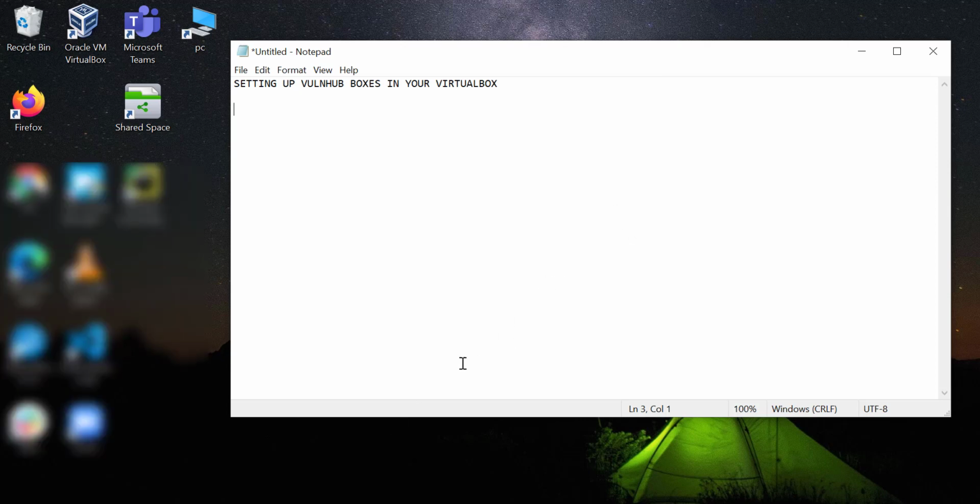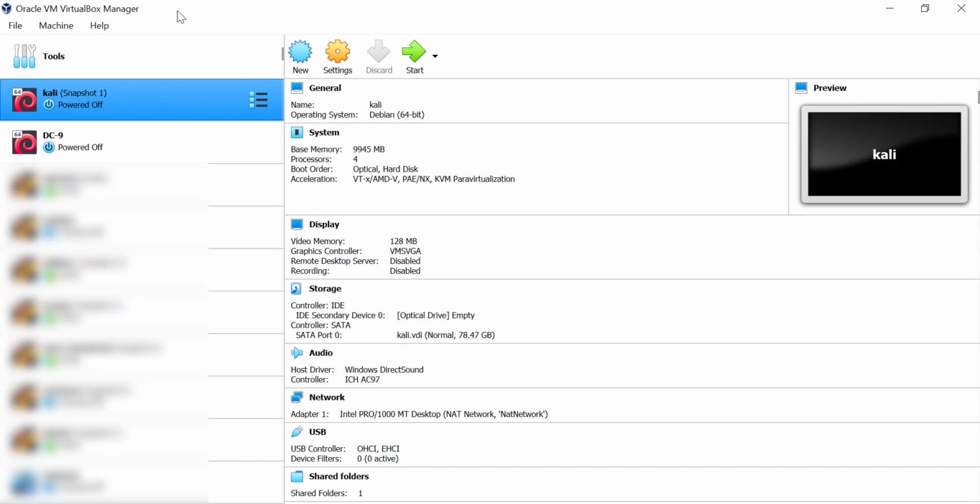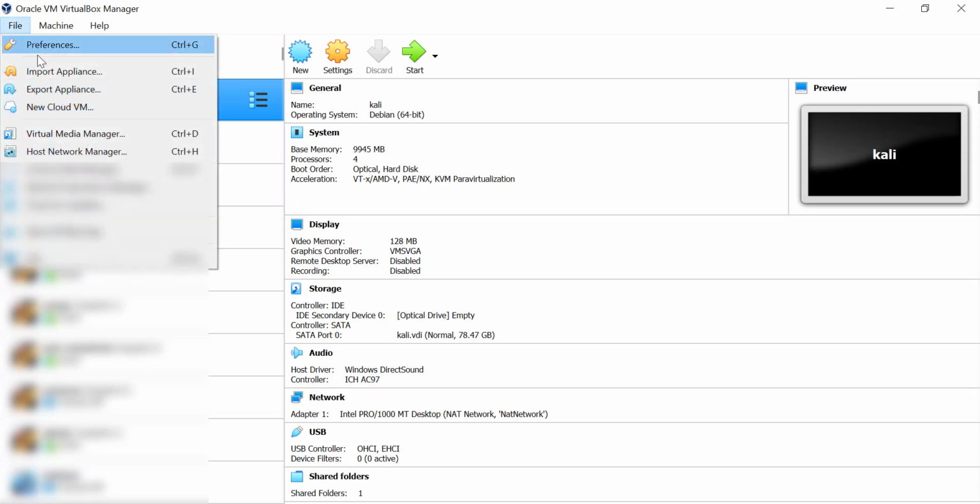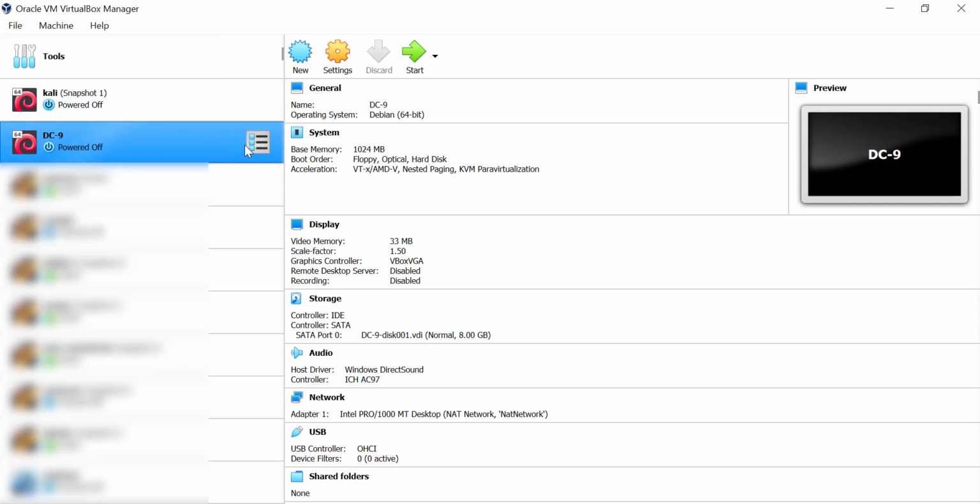So let's start. First of all, this is my Oracle VirtualBox. I'm assuming you already have the Kali VM up and running. As you can see, this is the OVA file which I imported from WorldHub. I downloaded the zip file and unzipped it, and it may come in various different formats, but that is not the topic of discussion in this video. Anyway, I hope you have at least that idea. You just need to import it from here: import appliance, and it will be imported.